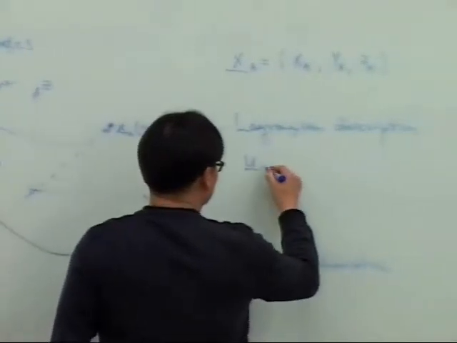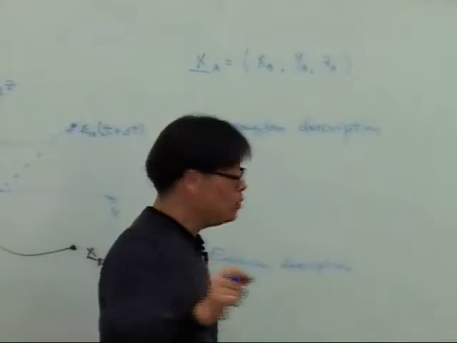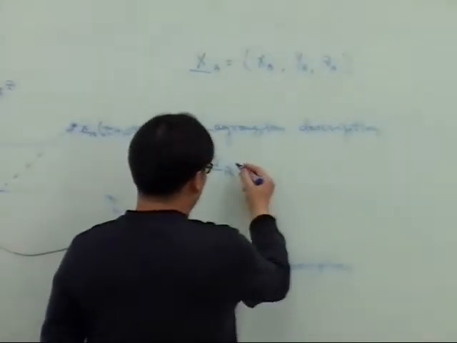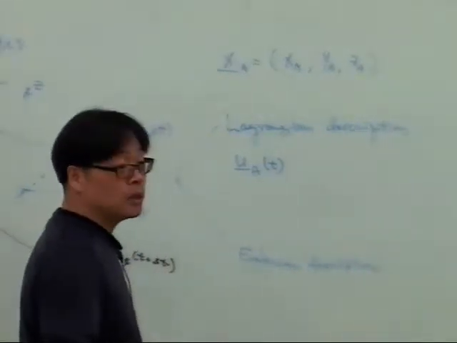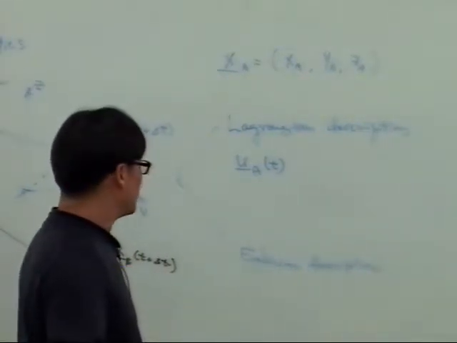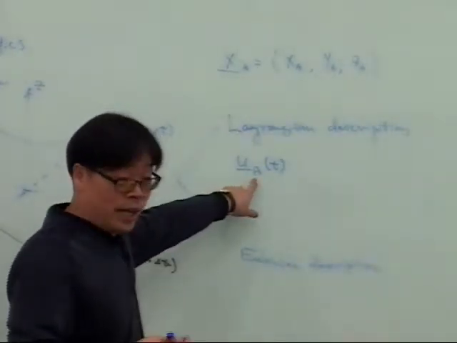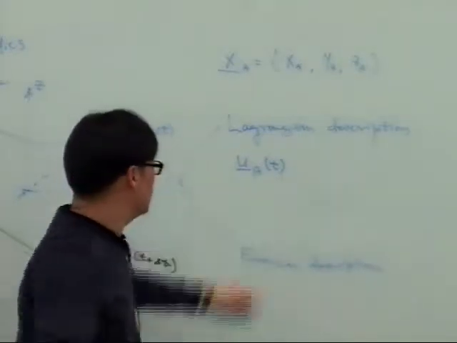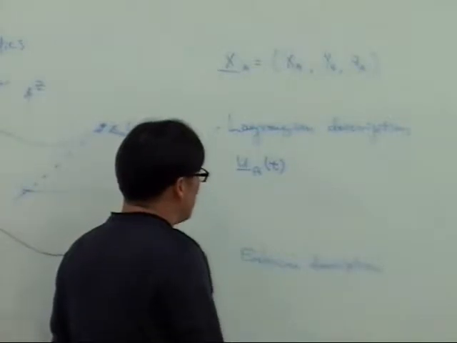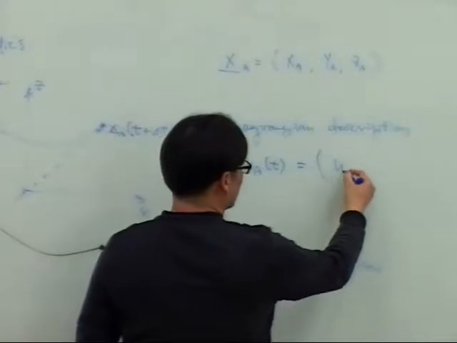But anyway, in the Lagrangian description, you have to specify which fluid particle you will follow. So fluid particle A, and then it depends on time. Okay, so that's what the Lagrangian description is. Of course, you have to change the name of the particle if you're interested in the velocity of a different fluid particle. And here, once again, this means there are three components. U,